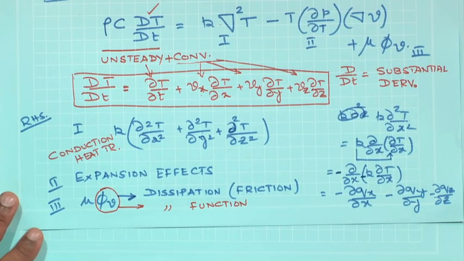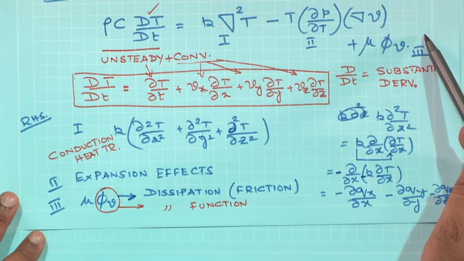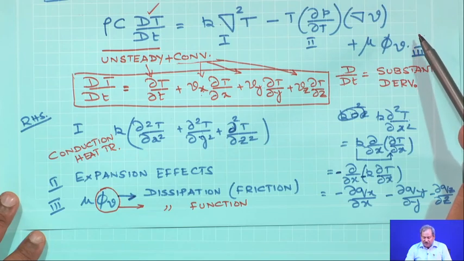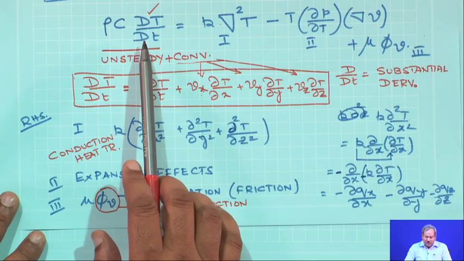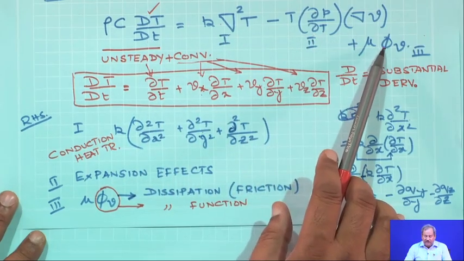So, the complete form of the energy equation, I did not derive all the terms, but what I have done is I have shown you the significance of each of these terms in the